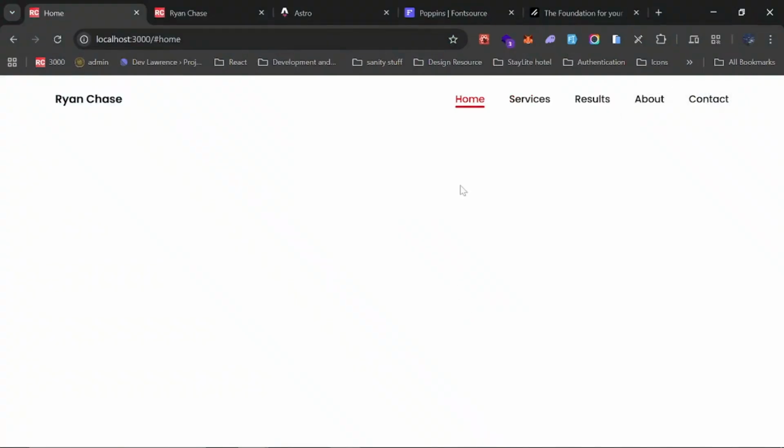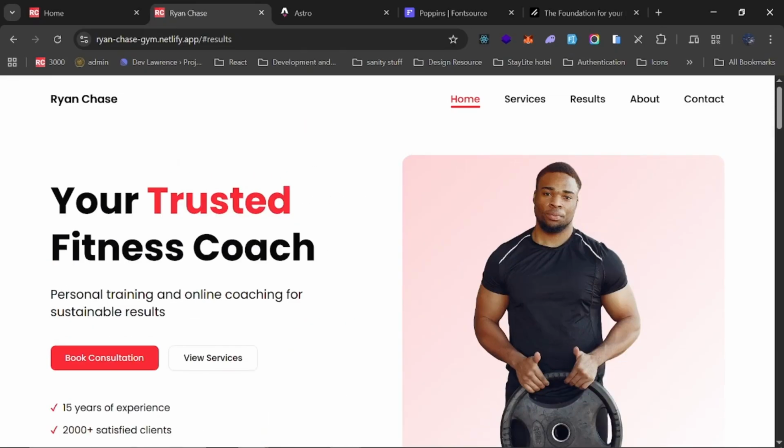So let's check now. You can see that we are currently on the home. I don't know if you can see this underneath. That's why this is active. If we hover over this, you can see that they are coming in nicely. All right. So the last thing we'll do right here in the header component is to add this nice scroll